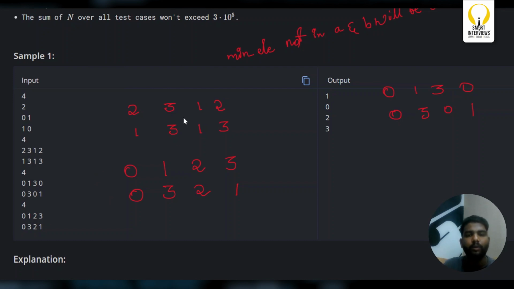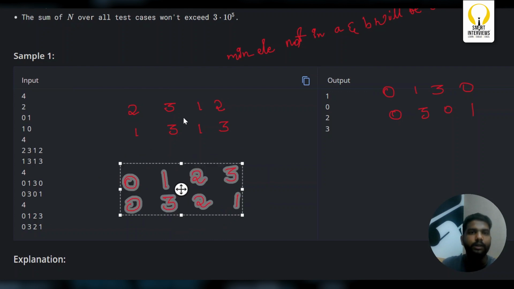So 0 can be mex of one of the arrays, right? 0 can be mex of one of the arrays, because let's say here it is 1. So if I swap something like this, what is the mex of these elements? Mex of these elements is 0, right? But if you observe carefully,